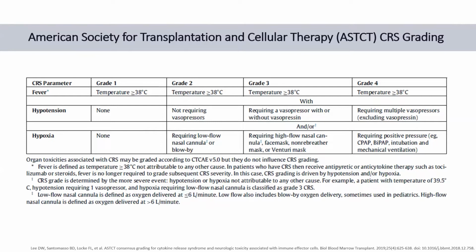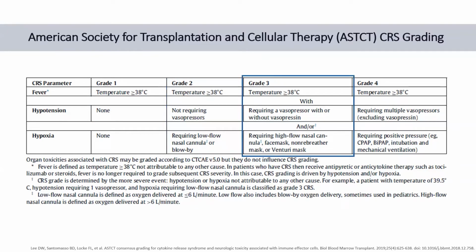The ASTCT CRS grading criteria are determined by three things: fever, hypotension, and hypoxia. In grade 1 CRS, the patient will have a fever defined as a temperature above 38 degrees Celsius that is not attributed to any other cause, with no hypotension or hypoxia. In grade 2 CRS, the patient has a fever with hypotension, but not requiring pressors and or requiring less than 6 liters of oxygen. And I'll comment that hypotension that's resolved by fluid boluses would not be considered grade 2